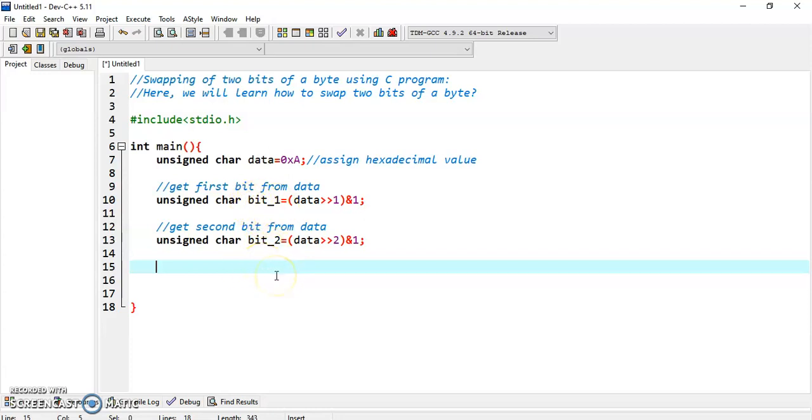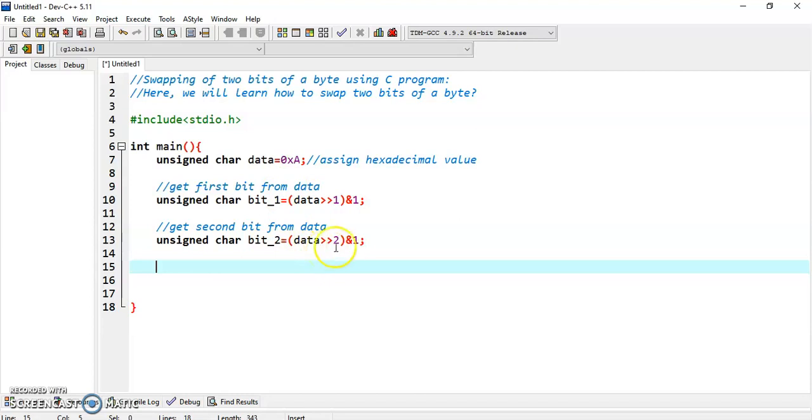The result of XOR is 1 if the two bits are different, and here the two bits are different. The right shift in C takes two numbers. It right shifts the bits of the first operand, and the second operand decides the number of places to be shifted. Here the number of places to be shifted to the right is 1, and here it is 2.